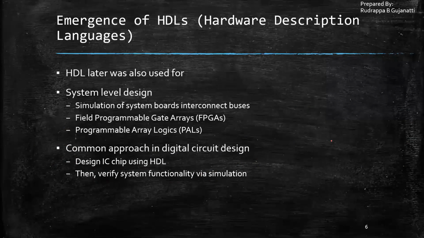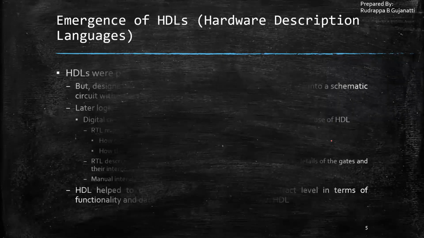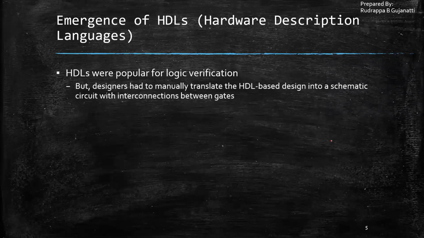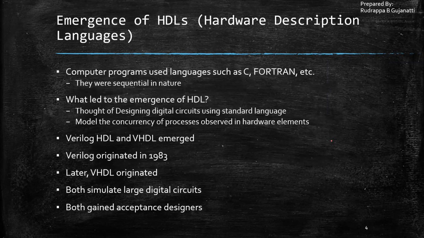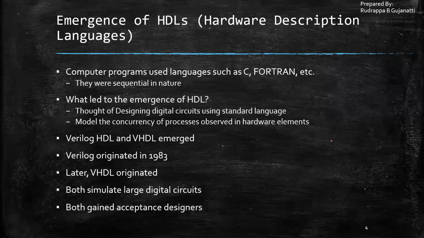So this is how the HDL has emerged. It started off with your C programming aspect. So why not have something similar to C programming, Fortran, Pascal, in order to have the hardware description. This led to the inculcation of the hardware description languages. Under this we had Verilog HDL and VHDL, in which Verilog HDL came into existence first and VHDL later. This is what we had discussed, and then we had some comparisons with respect to Verilog HDL and VHDL.